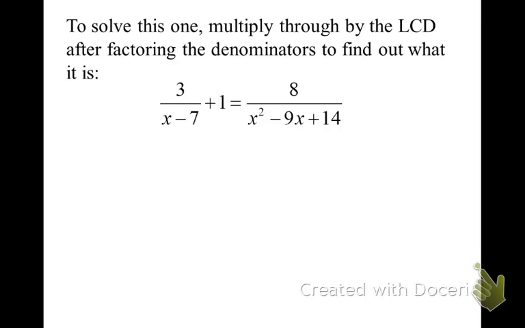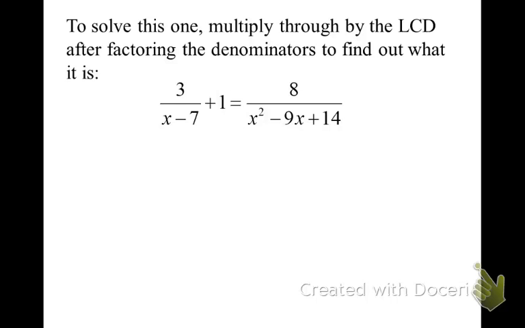Okay, here we have another rational equation. This one is much more difficult than just a rational proportion, and the reason it's more difficult is that there's that plus 1 being added to the left side. Anytime you have a problem like this, you're going to have to get rid of the denominators first by using